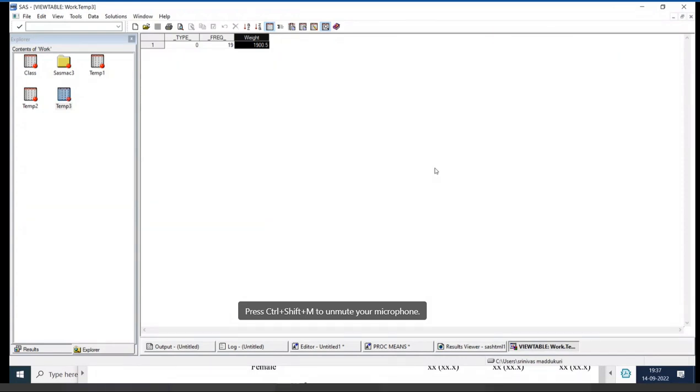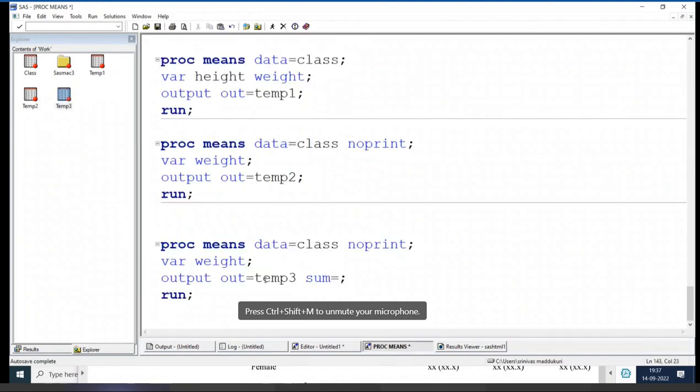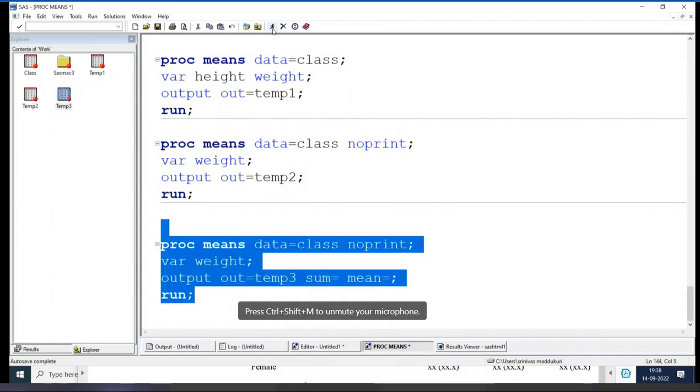Now, in the data set, I want to save both total and average value. If you want to save both, you know what we should do? Output out is equal to data set name. Now sum is equal to, and if you want to have average, we should write mean is equal to. Now tell me, I am calculating this total and this mean for which variable? Weight variable. So now we are getting both the total value and mean value for the weight variable, but